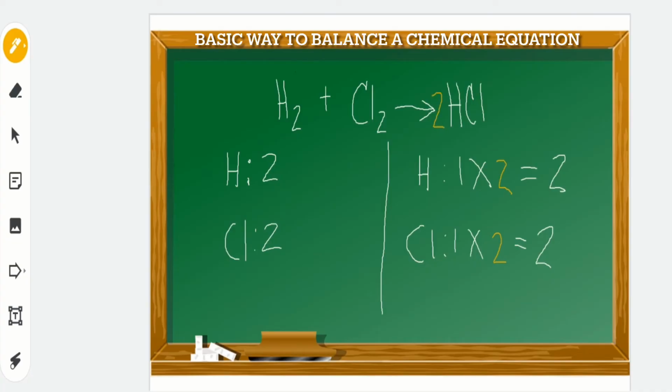Okay? So, ibig sabihin, 2 times meron ditong subscript dito. 2 times 1, we have 2. Or here also, merong 1 dito. 2 times 1, we have 2. So, definitely, this equation now is balanced. So, yun yung pinaka-basic on how to balance a chemical equation. We can observe it. We can just simply identify kung alin yung kulang or pwede natin ilagay na coefficient doon sa left side ng